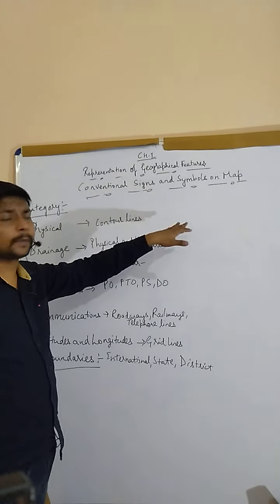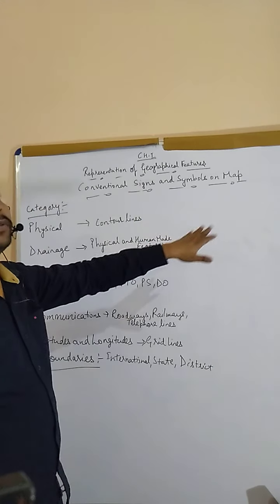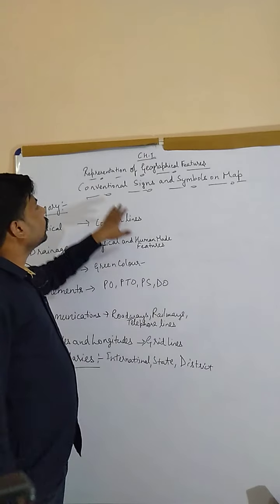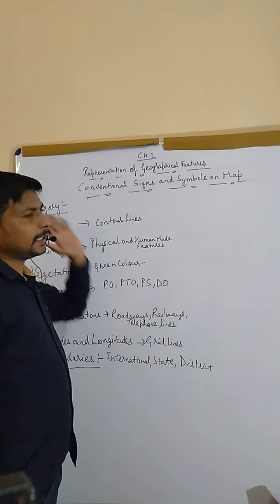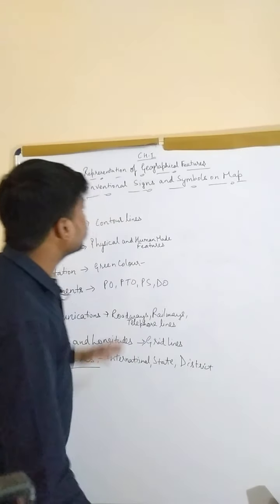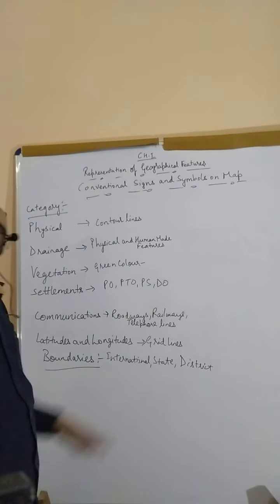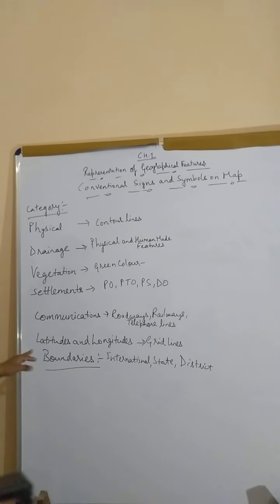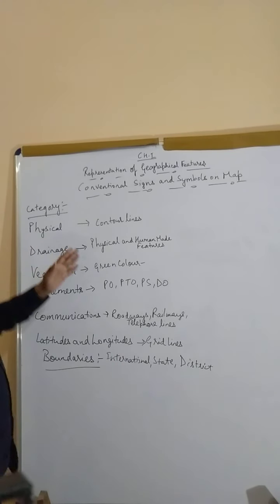They are not of only one particular thing. We have lots of signs and symbols which are accepted and agreed internationally, so we can use those symbols in any map and we can read them anywhere in any part of the world. So here I will tell you in detail about these conventional signs and symbols. We have various categories of those symbols, right? Today we have 7 categories.